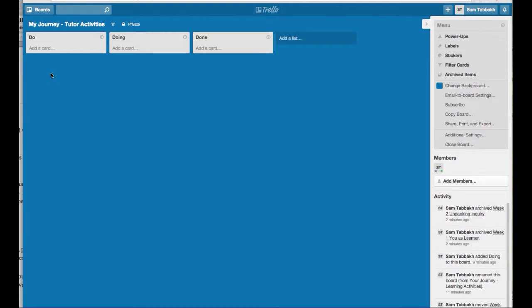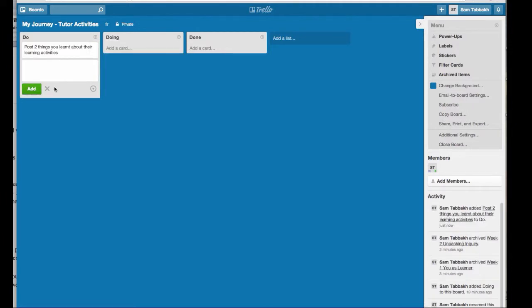Now, I've identified the things that I need to do, at least for this first week, and so I'm going to add cards to represent each of the activities that I have to do. So the first card that I've got to do is to check on the students' posting of 2 things they learnt about their learning activities. Okay, so that's one thing I'm going to do. So I'll add that list, I'll add that card, and